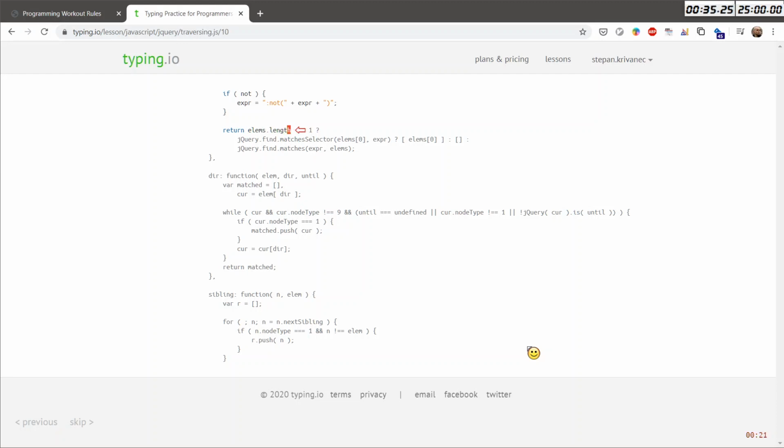Length. 1 jQuery find matches selector lm expression question mark lms space that jQuery find matches express lms